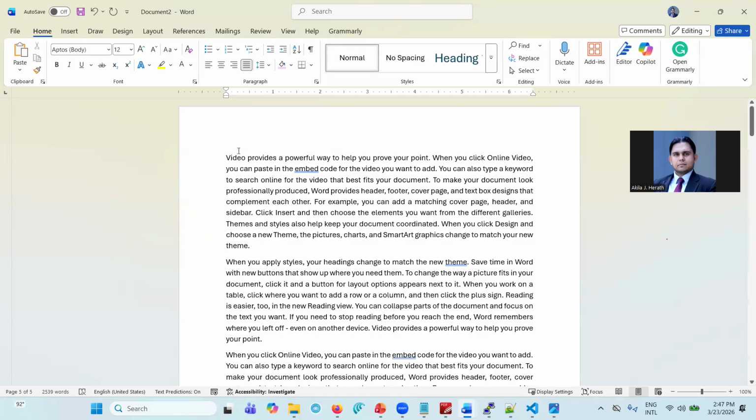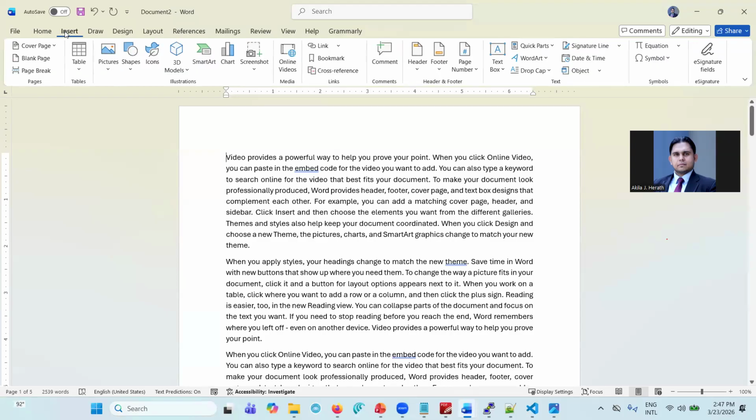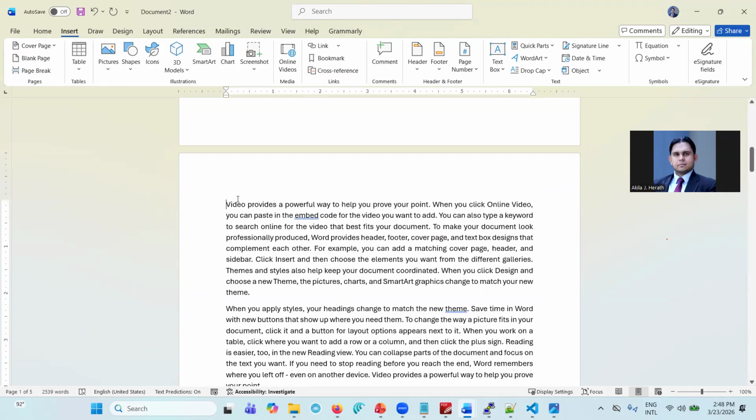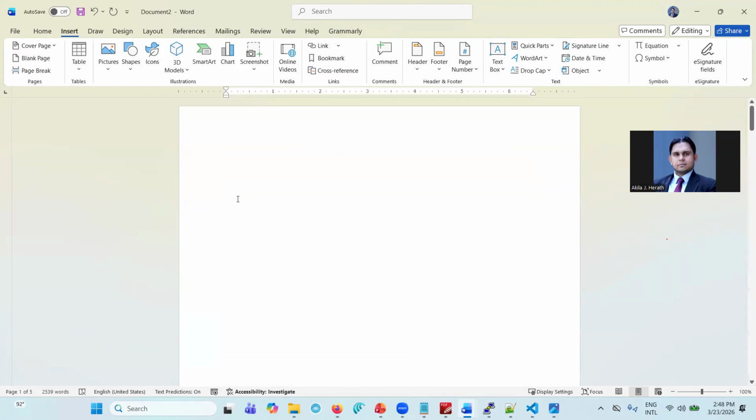Right? Okay. So now I want to have a page above this one. We discussed last day. If you need a page above a page, then you have to click on the starting point of the page. So I just click here. Then insert blank page. See, that gives me a blank page on top of this one. So I'm going to type, so this is my